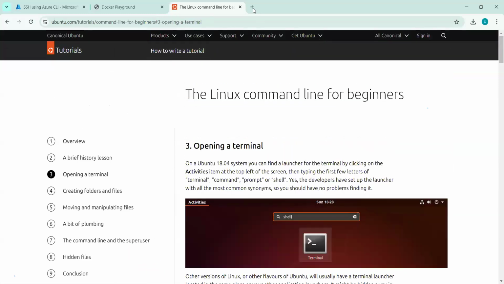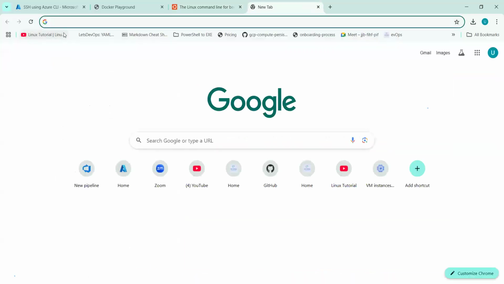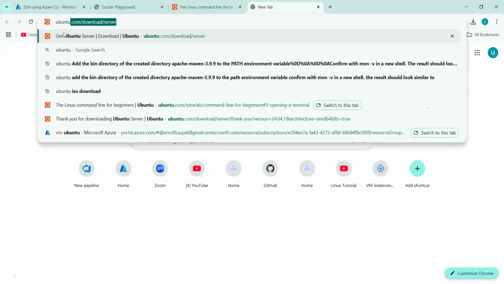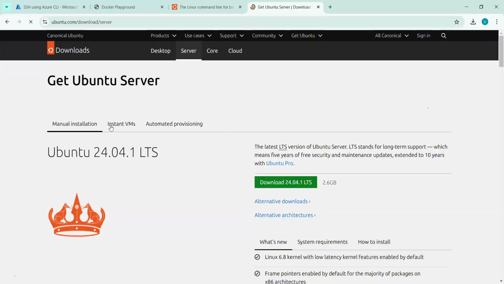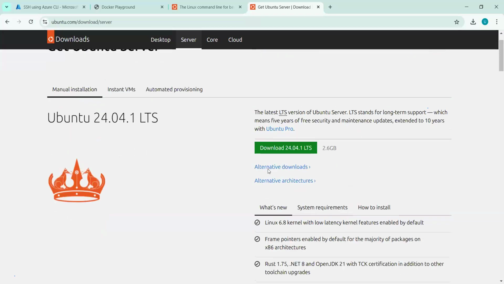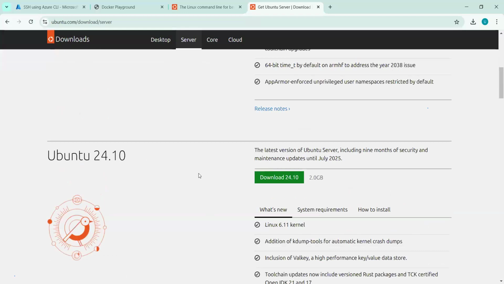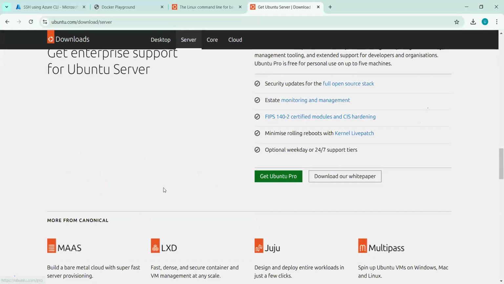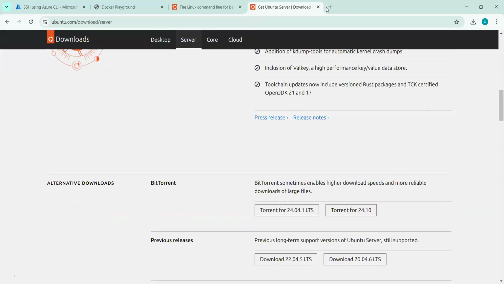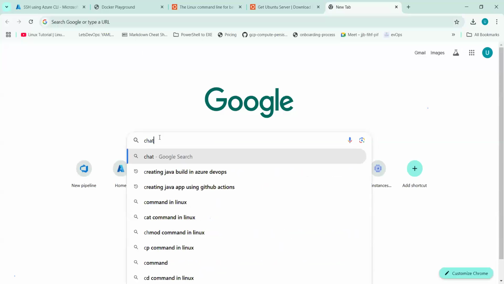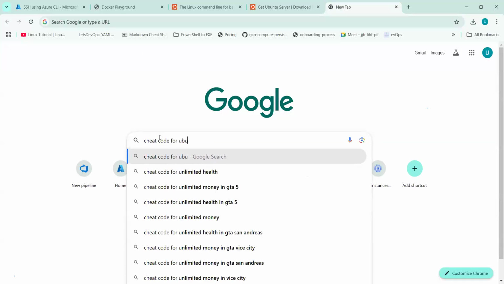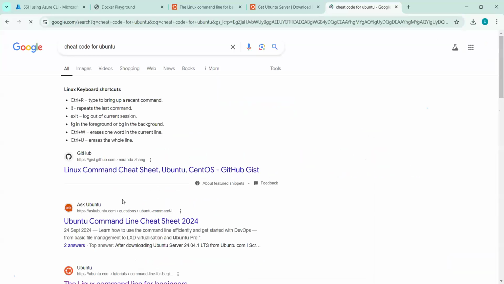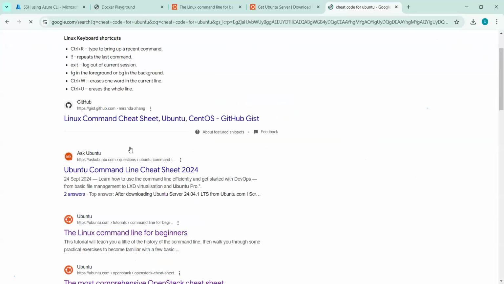But here what I want to give you is a cheat sheet where all the commands are available. So let me share the Ubuntu download server. Yes, this is the site. Let me directly give, you can search for cheat sheet, sorry, cheat code for Ubuntu, and it will give you the official cheat code.